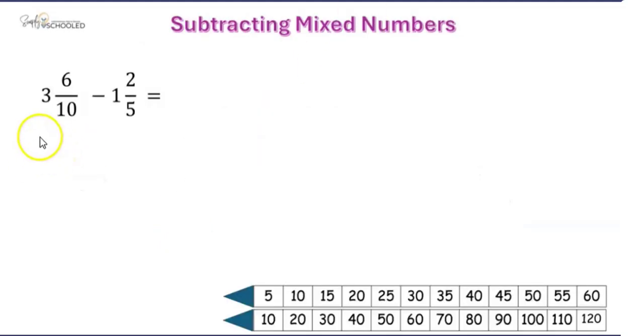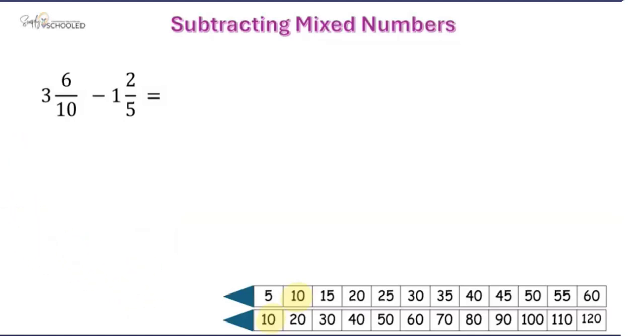Here's our first problem, 3 6/10 minus 1 2/5. Now again, we have to have like denominators, so I have my multiples of 5 and 10 down here, but I would encourage you to try to start solving some of these in your head. So for example, if I look at this, I see right away that they both have 10, but I should have recognized that 2 times 5 is 10, so I should have been able to see right off the bat that my common denominator is going to be 10. But remember, if you are stuck, get your multiplication chart out or write out the multiples